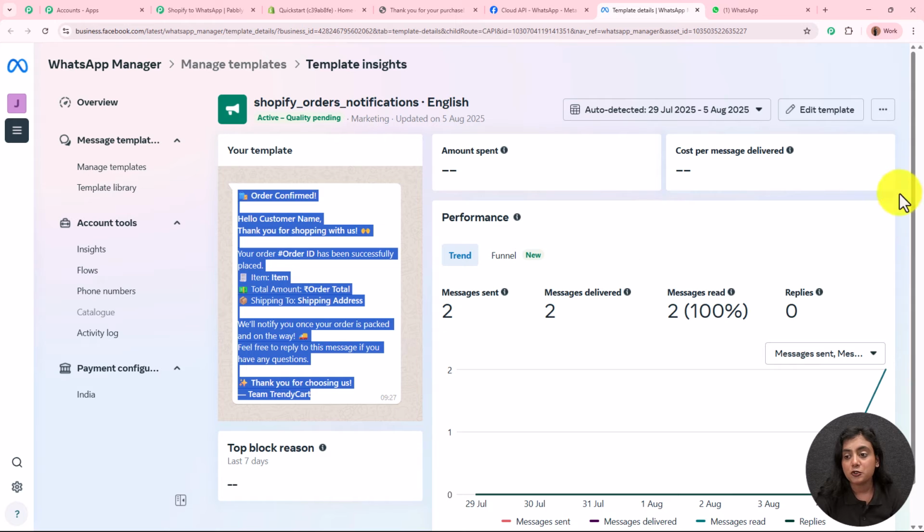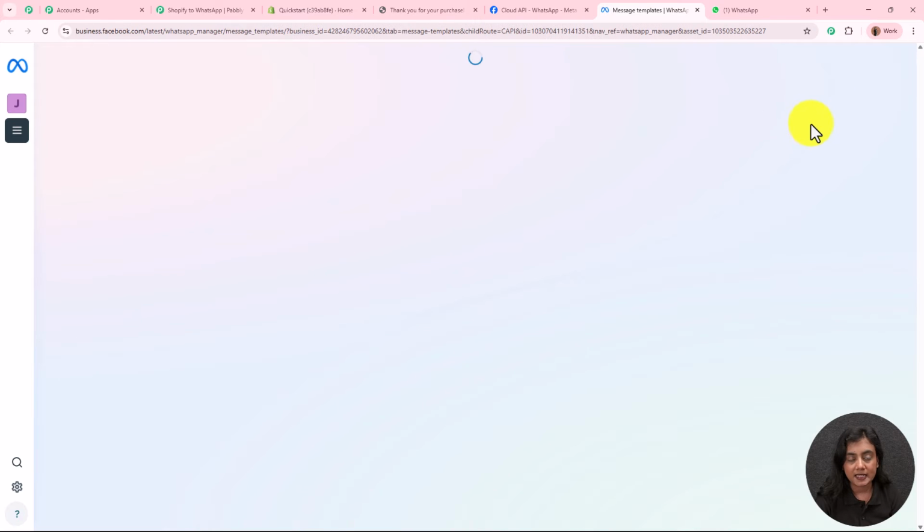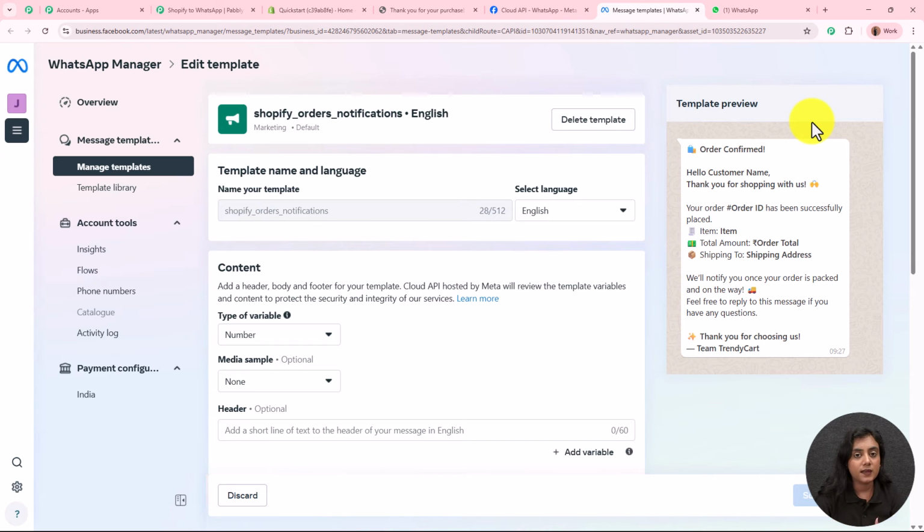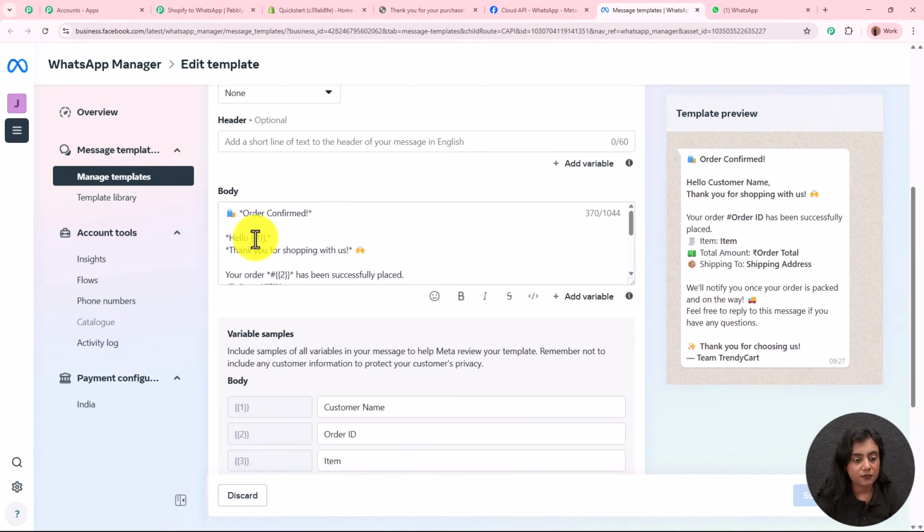Okay. If I'm going to open the edit page of this template, in this template, I've added multiple variables. So now what is a variable? In front of some numbers I've added, I'm going to show you. You can see this is the first number. In front of it and in the end of it, I've added two curly brackets opening and closing. Why did I do that? To create a variable. In place of the variable, to make a message more personalized, we can enter the value